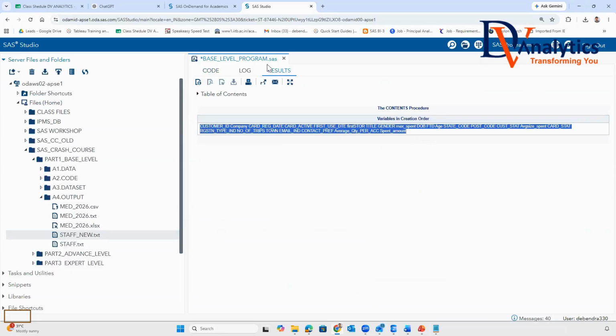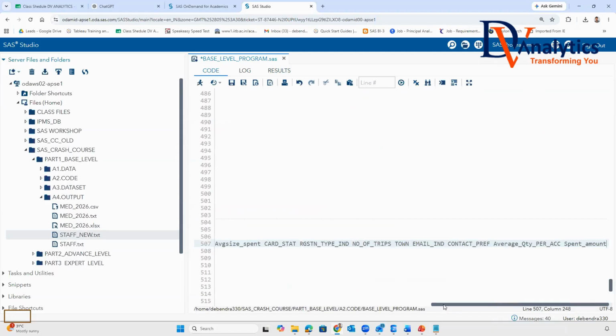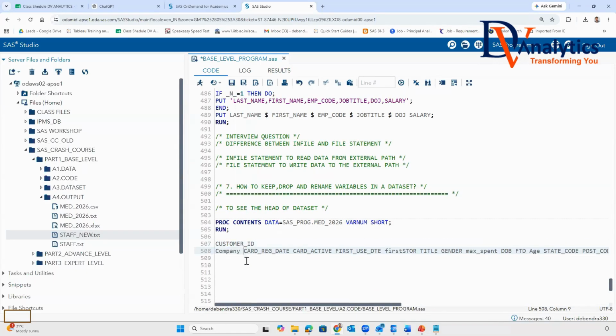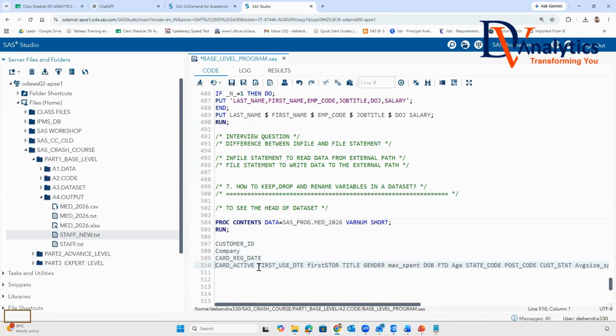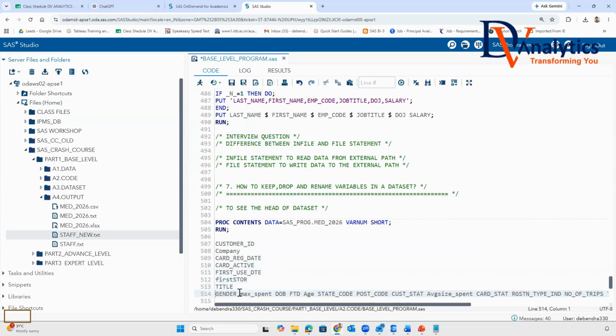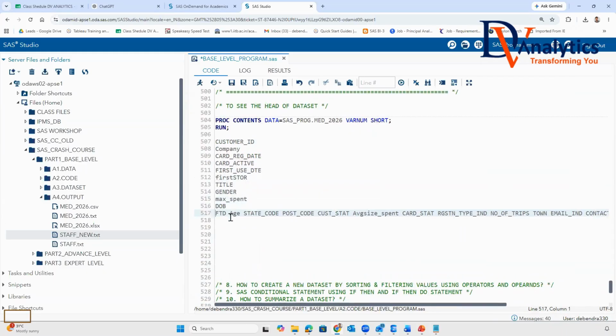This is the header. Everyone, are you there with me? Yes, sir. So this is called your dataset name, along with the variable list. What are the variables it is having? These are the variables in my dataset now.